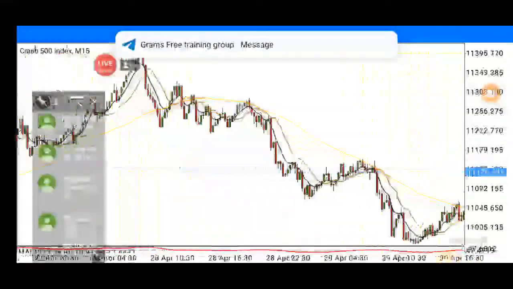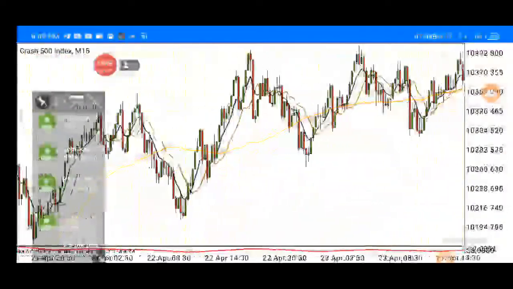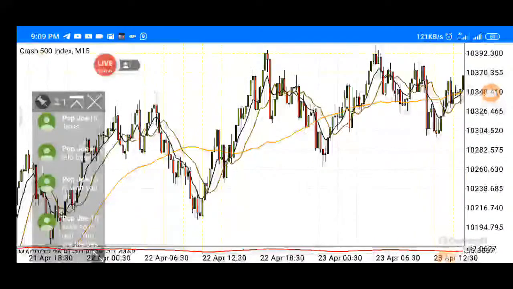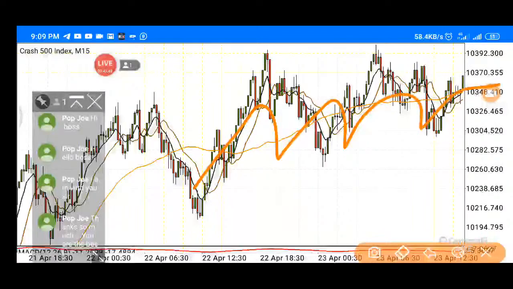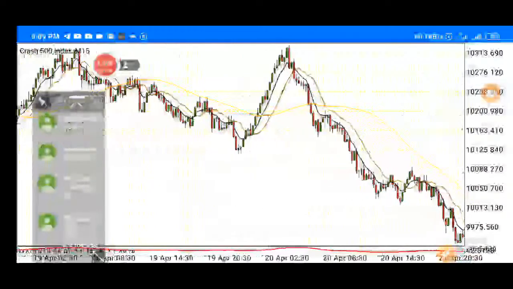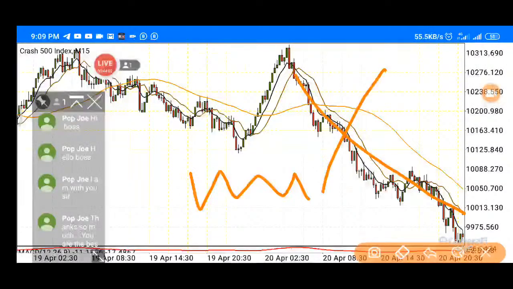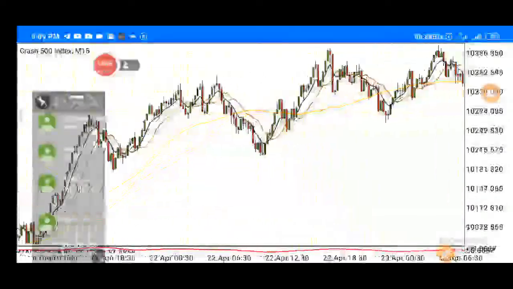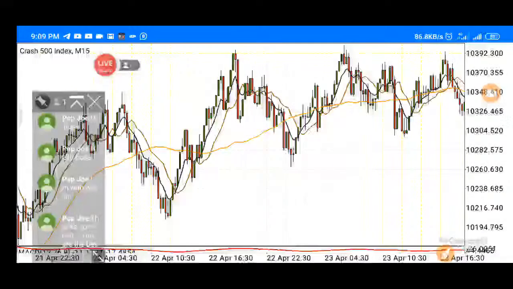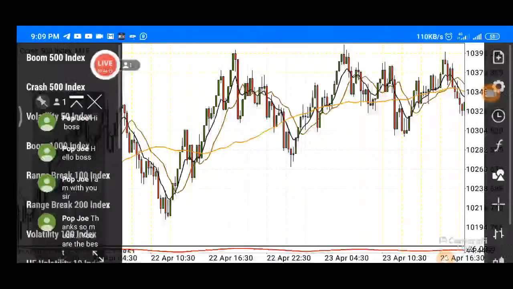How to catch spikes. If you want to catch spikes on Crash 500, the zones where I catch spikes easily is when the market is consolidating like this, not on a strong trend, or when the market is on a downtrend like this. It is easier to catch spikes. And for Boom, when the market is consolidating and when it is on an uptrend, Boom spikes up, right? So this, for example,